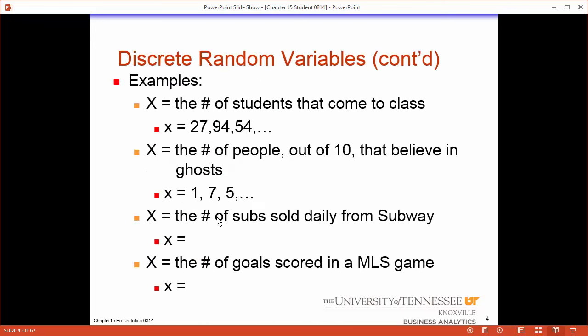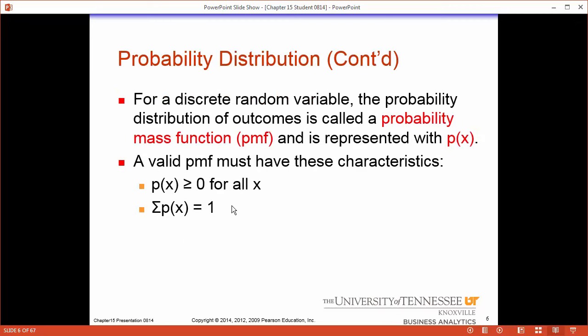So let's go back and look at the distributions from before. One of these things must occur. We could list out the number of people out of 10 that believe in ghosts. It could be 0, 1, 2, 3, 4, 5, 6, 7, 8, 9, 10. If we talk to 10 people, somewhere between 0 and 10 people must believe in ghosts. You can't say 11 people believe in ghosts if you talk to 10. So we can actually make a probability distribution by finding the probability that 5 believe in ghosts, or 6 believe in ghosts, because each will have an actual probability associated with it. So we have met the criteria.